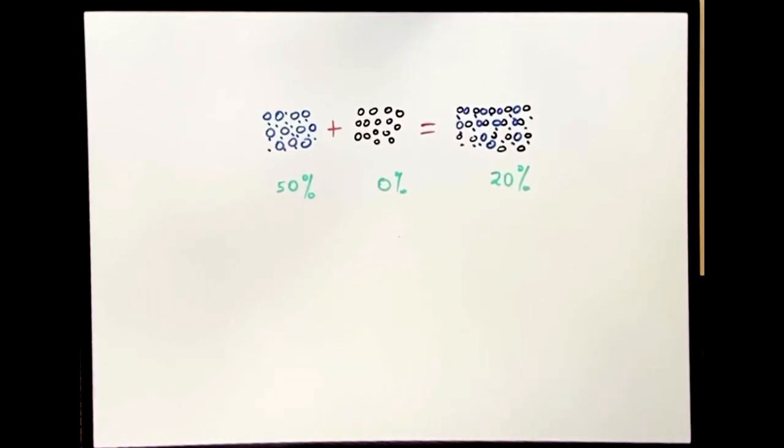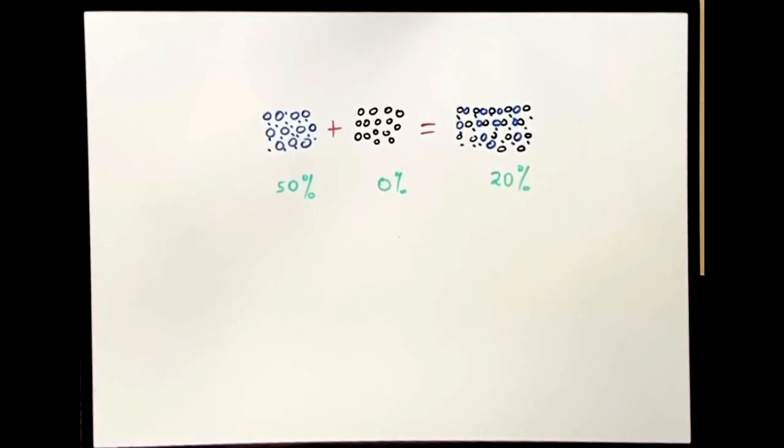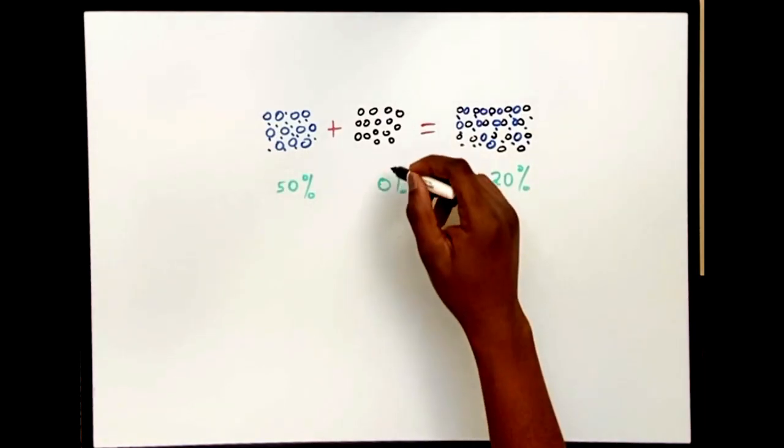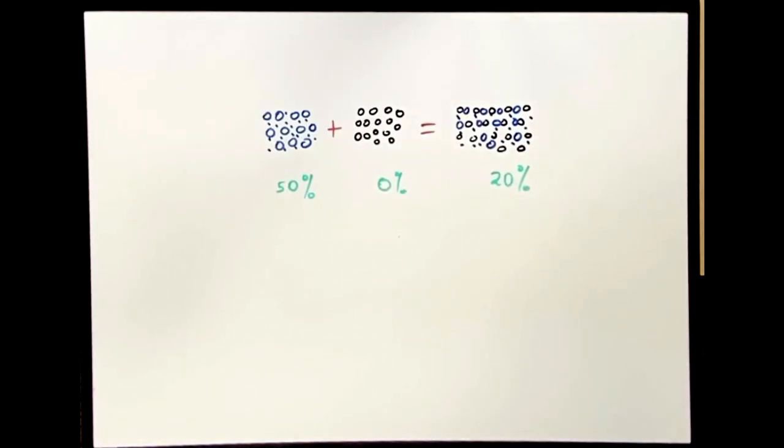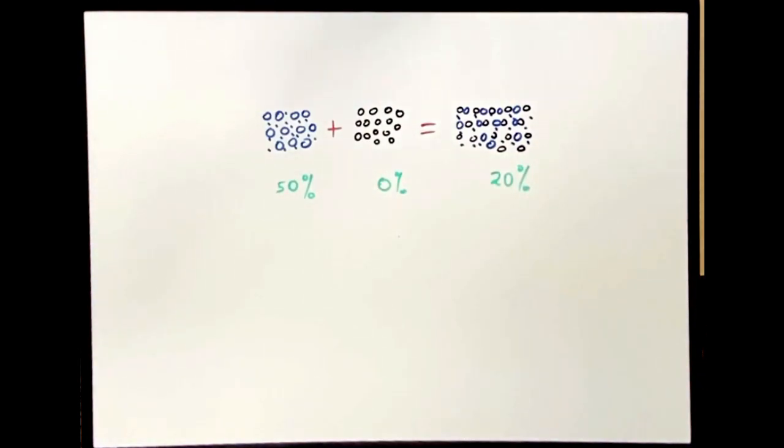encounter something similar. So what you are looking at here is two soil samples. One has 50% fines, and when I say fines, I mean fraction of soil that is finer than the number 200 sieve size, and then the other is clean granular soil, could be sand or gravel. And what you're trying to do is mix these two soil samples to get another soil that has only 20%